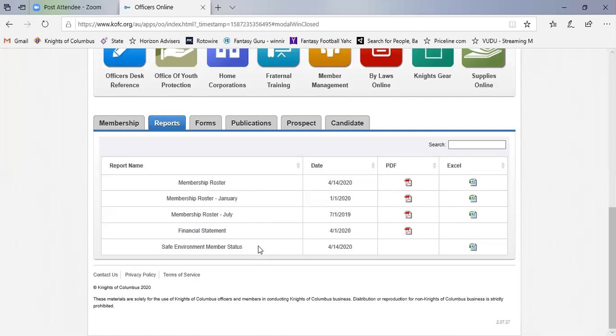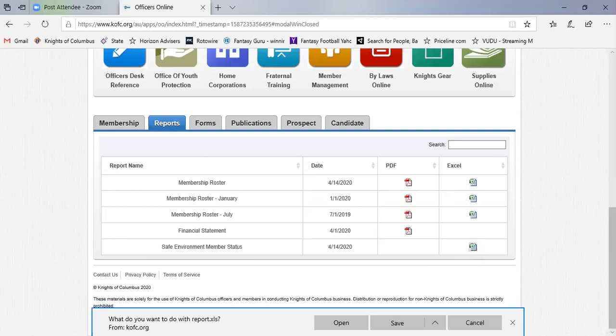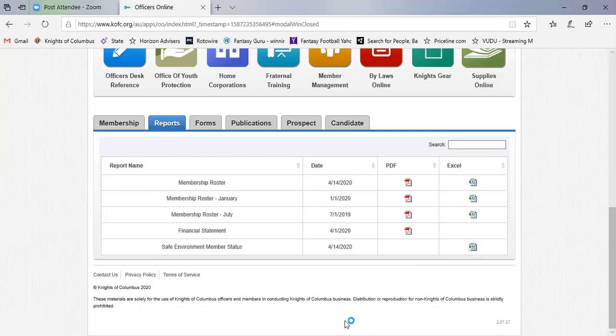Now, I think I went through the safe environment in the youth protection in my PowerPoint video, and you can see reports there when you go in to log in for your youth protection. But there's also a report here, and I'll click on this to show you. Open. And remember I said there's 4 people from East Council that need to be youth protection compliant. So what this form here shows you is that in the United States, in Michigan, in District 12, Council 11811, here's